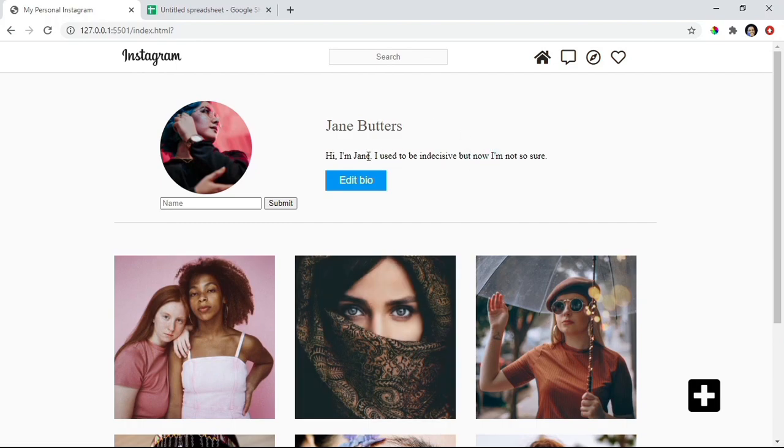Look at our application. Jane Butters, this is a bio. Hi, I'm Jane. I used to be indecisive, but now I'm not so sure. And then edit bio should be able to change the name and the about section for Jane Butters. We take the name, we take about Jane Butters, and we store that in our browser's database, so that whenever we load our application it's going to get those details, the name, the bio section, the about, from our browser's database,